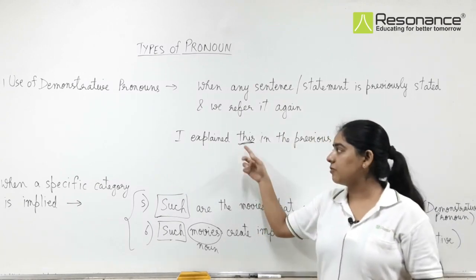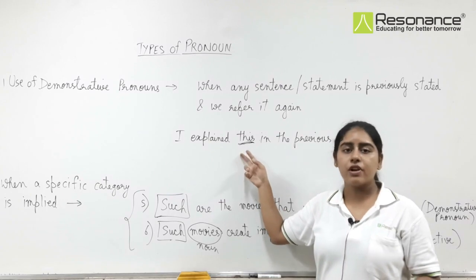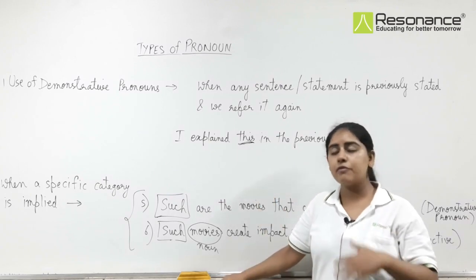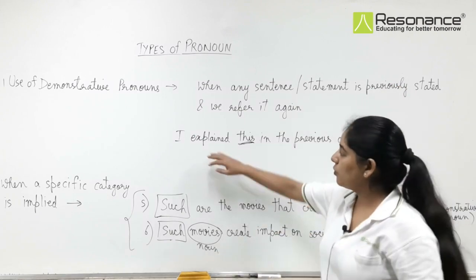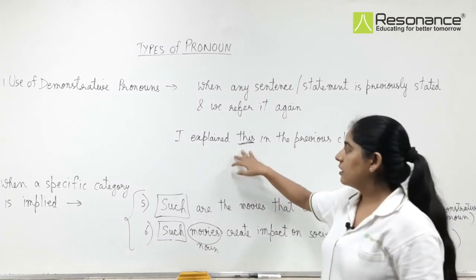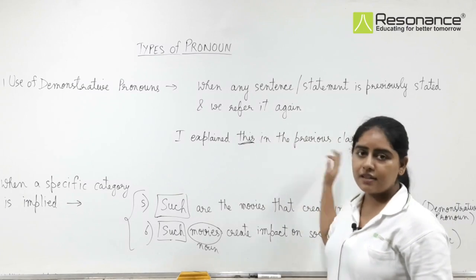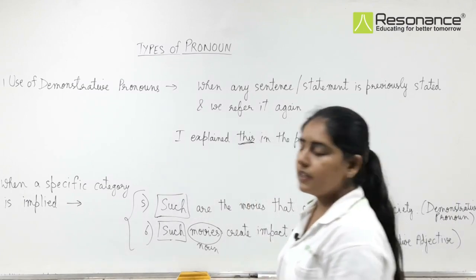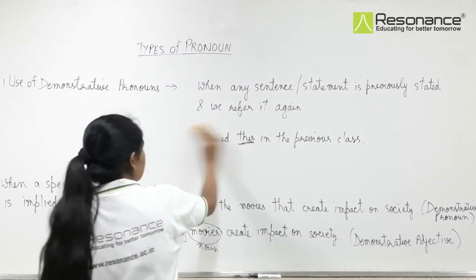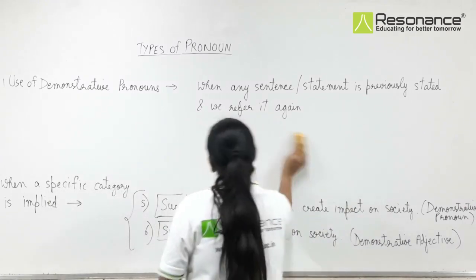अब यहाँ मैंने एक डेमोन्स्ट्रेटिव वर्ड बोल दिया, बस डेमोन्स्ट्रेटिव प्रोनाउन यूज़ कर दिया, explain this because I am talking about something that I previously stated, ठीक है। मुझे यहाँ पर पूरा बोलने की ज़रूरत नहीं है, I explained the abstract noun in the previous class, मैंने सिंपली बोल दिया I explained this, ठीक है, क्योंकि उसकी बात एकदम से निकल आई, ठीक है। This was just an example, fine, to explain you how we use demonstrative words